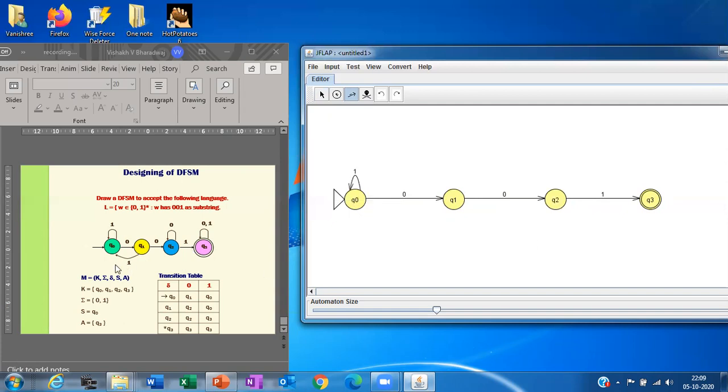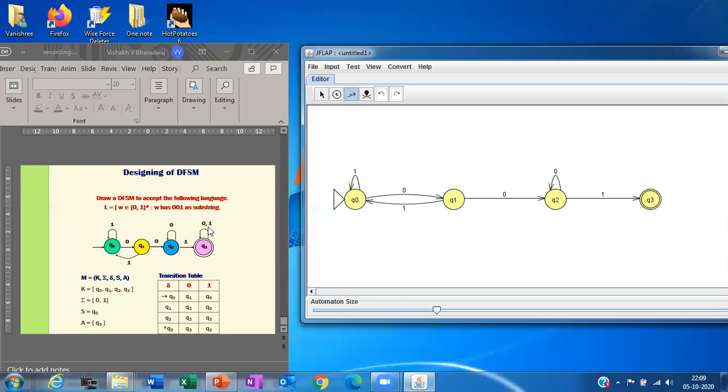Now Q1 to Q0. From Q1 to Q0, drag a line like this, and upon 1, right? So click on this. Automatically it will become 0, so this has become 1. Now again on Q2, it is a self loop upon 0. So do it. And then Q3, 0 and 1.